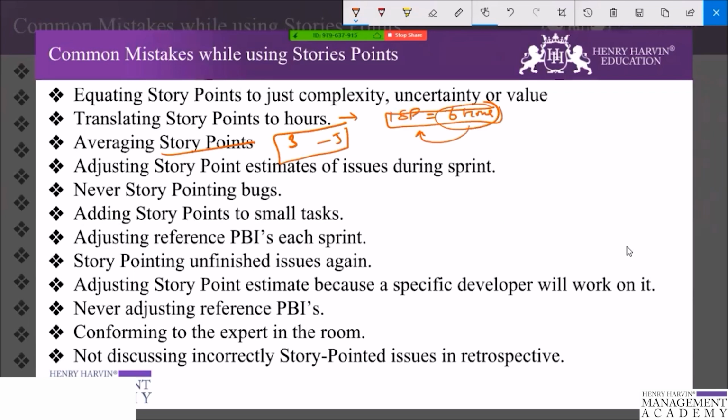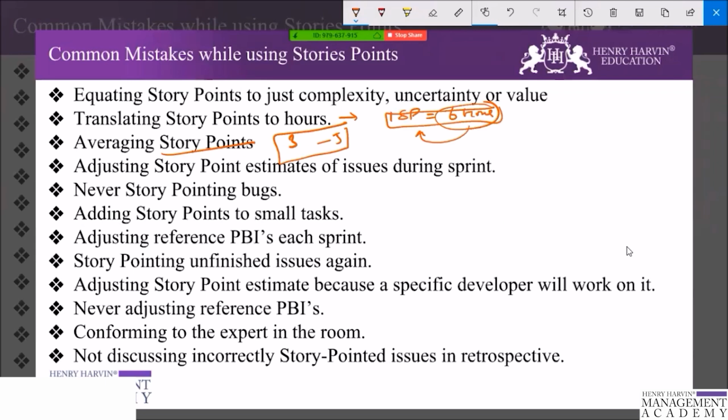So never story point bugs, and a bug which is unrelated to the current sprint should just be story pointed. So the bug represents work the team needs to complete. But this does not apply if the team reserved a fixed percentage of time for working on bugs during the sprint. So a bug related to an issue in the sprint should be story pointed